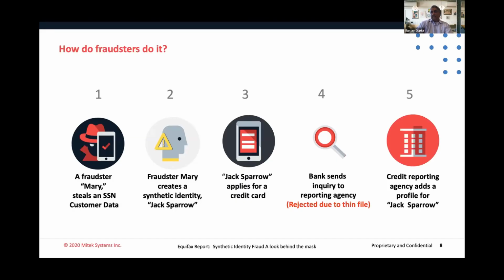So what we've seen in our systems, again, going back to what I was talking about, we have agents that are constantly monitoring the system. We'll see these types of attacks where on a new credit card opening, within a very short time period, let's say 5 days, we'll see 30, 40, 50 attempts using the same ID. Maybe there'll be a slight modification of the address, slight modification of the name, or just different little tweaks. They're just experimenting on our systems to try to get in and open up a new account.